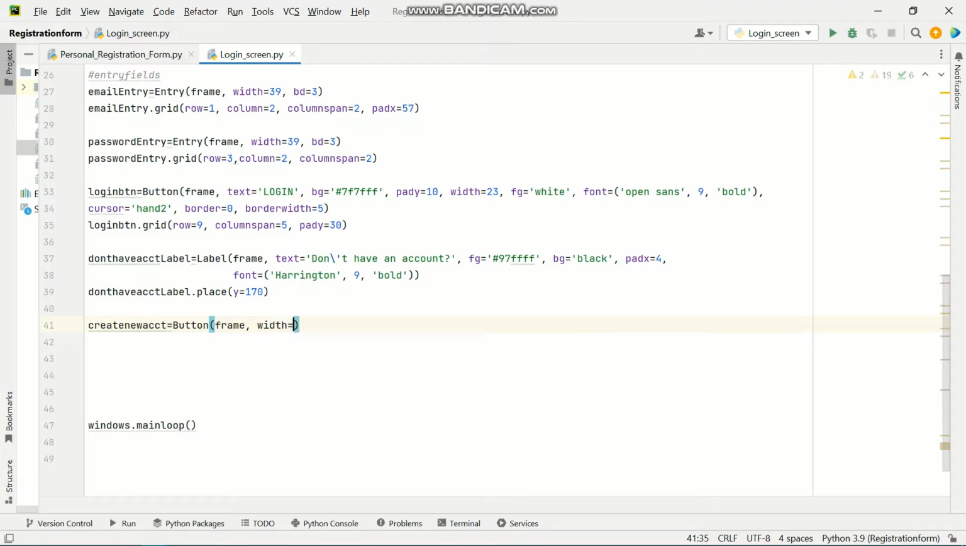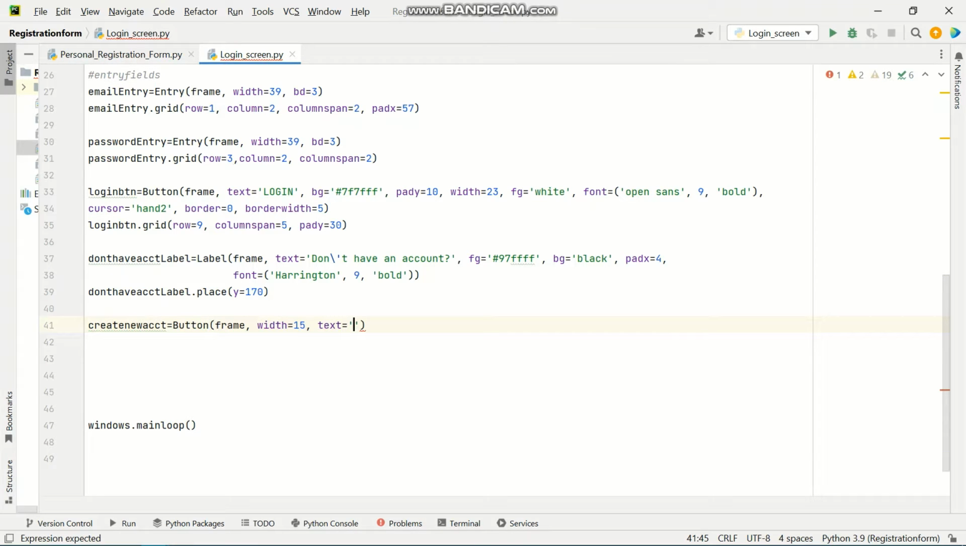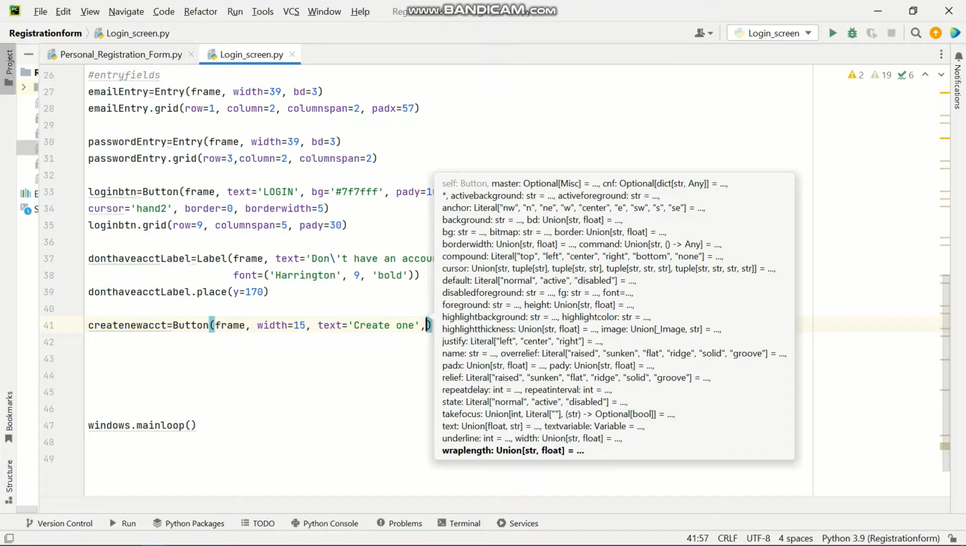And the width for this is going to be 15. And the text is just going to say create one. I don't have much space there, else I would have said create new account, but there isn't much space, so I'm just going to leave it on create one. Whenever you're doing yours, you can expand your screen and give more room for more details. All right, so text,